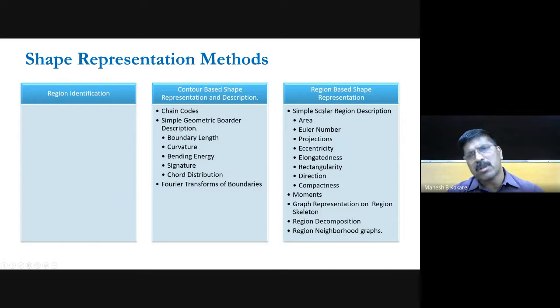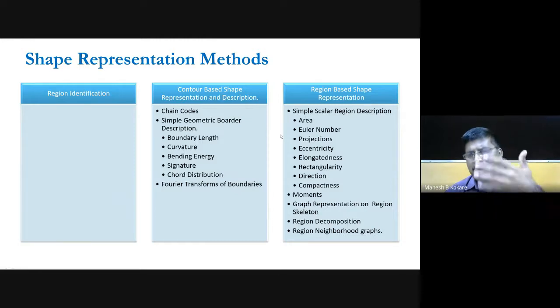The third category of features is region-based. For example, you have the region of the object, so you can measure how much the area of that region is, right? From that area you can represent the shape, or you can find the Euler number, and the projections, vertical as well as horizontal.